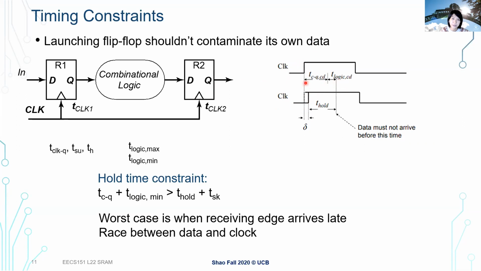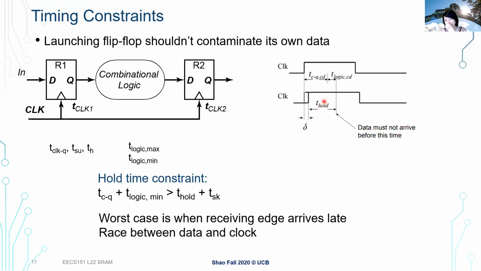So in this case, when we think about our propagation delay, which is the clock to Q delay and also the logic delay here, it needs to satisfy the hold time constraint. This part is the same. It's being pushed because my clock arrived slightly late, because I have a small skew here. So my hold time is being pushed later. With that, I need to make sure my clock to Q and also my logic delay is long enough so that it can compensate not only for what we talked about earlier, the hold time constraint,